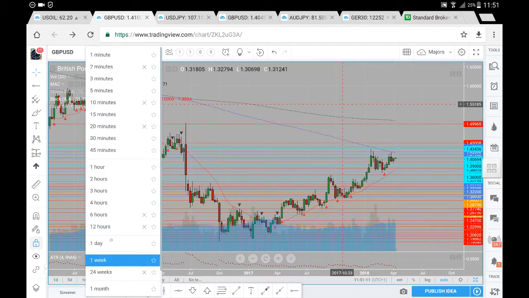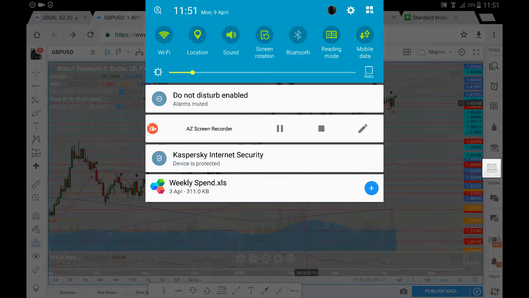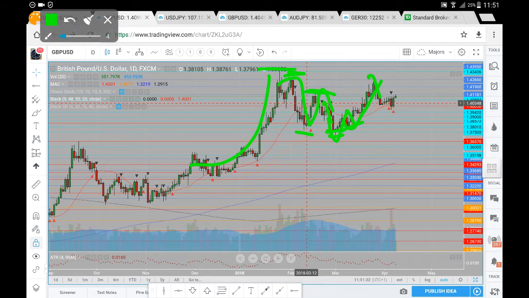Now, let's just have a look at the daily chart. If we have a look here at the daily chart on the pound against the dollar, we can see we've had a strong move here to the upside, brief pullback, posted a high, lower high, had price come down, posted a lower low, from which we posted a higher low, strong progression here to the upside, very sharp sell-off. We did have these small consolidation candles, brief breakdown from there, but we are seeing strong bullish